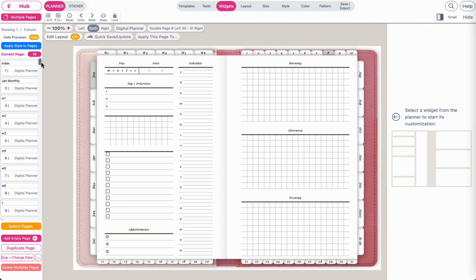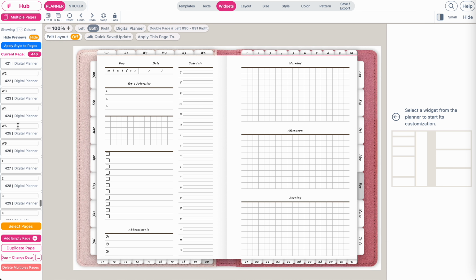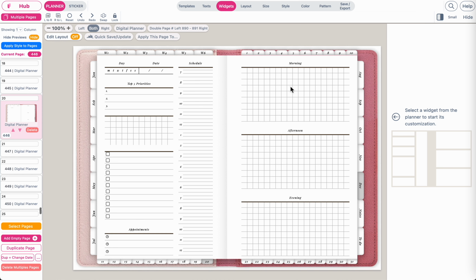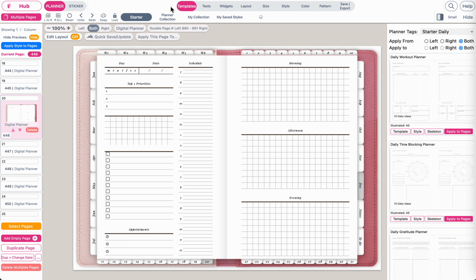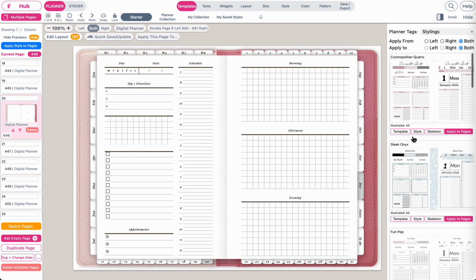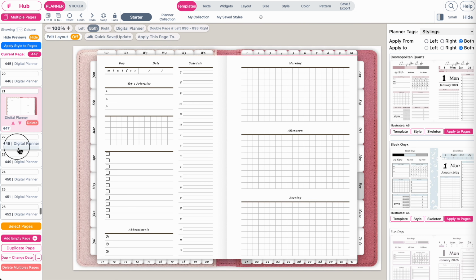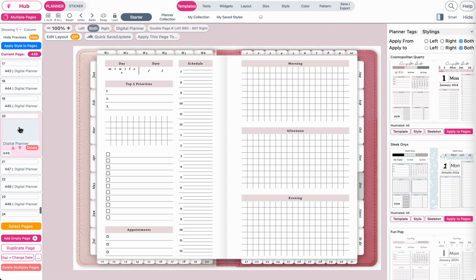So here, for example, I have one open with over 400 pages. This digital planner has daily pages, weekly pages, and monthly pages. Let's maybe customize this daily page right here. All you want to do is again go to Template, Starter, Styling, and then apply your favorite styling. I will apply this pink one right here. So clicking on Style. And then now if you want to apply this styling to all the other pages, such as this page, and so on, you can go here to apply this page